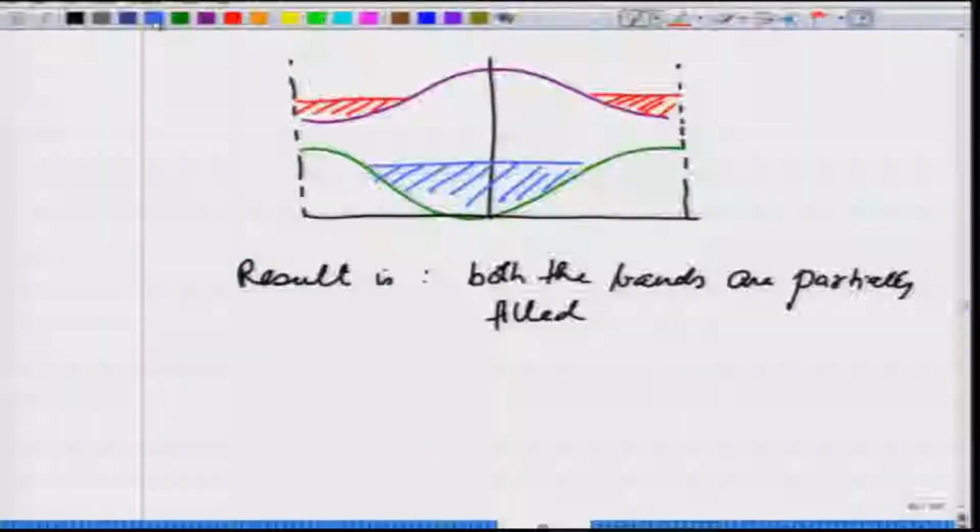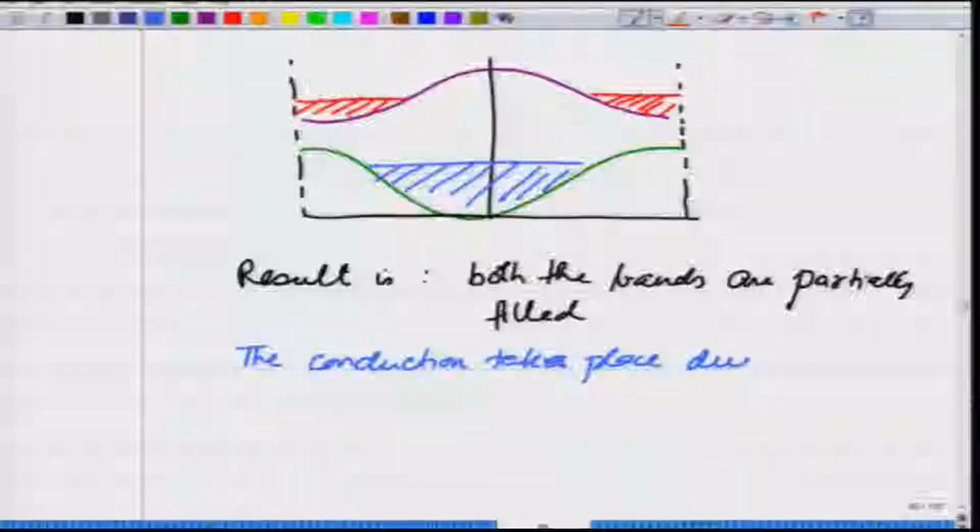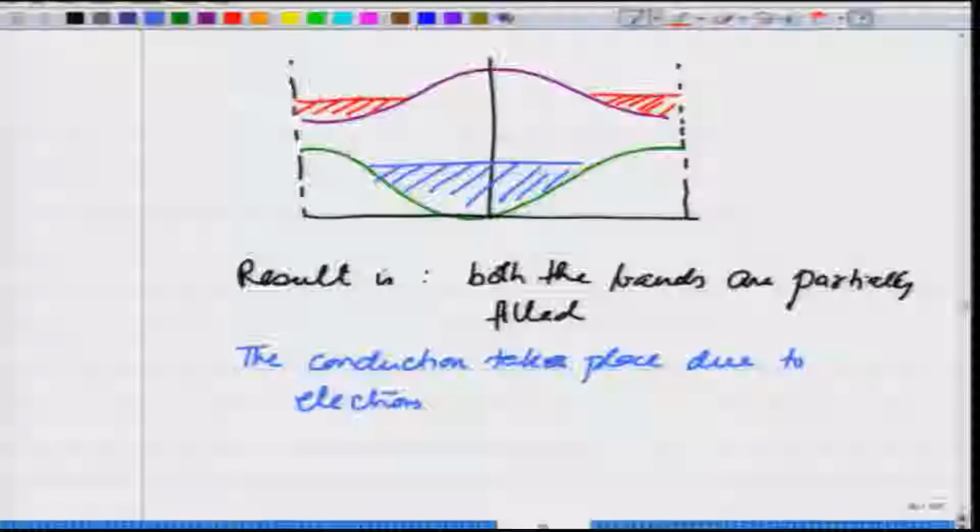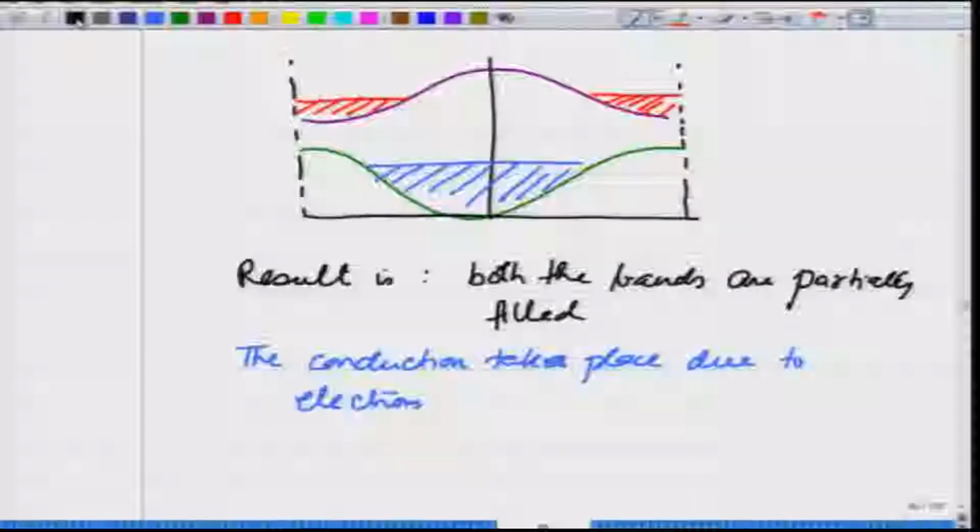Now we have seen earlier the conduction takes place due to electrons, because these are the only charge carriers that carry current. However, there is a very important concept that arises when we look at the band picture, and particularly in semiconductors, is that I can either look at electrons or the absence of electrons to see how the conduction is taking place. So, just to give you a feel for it, suppose